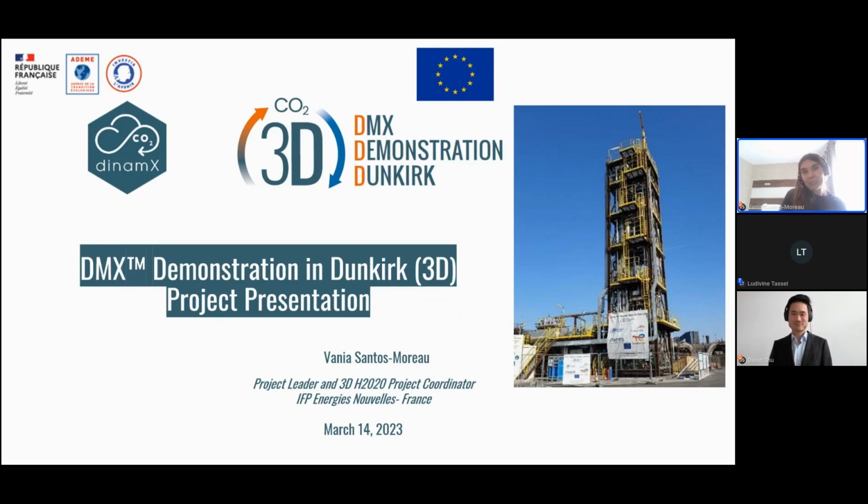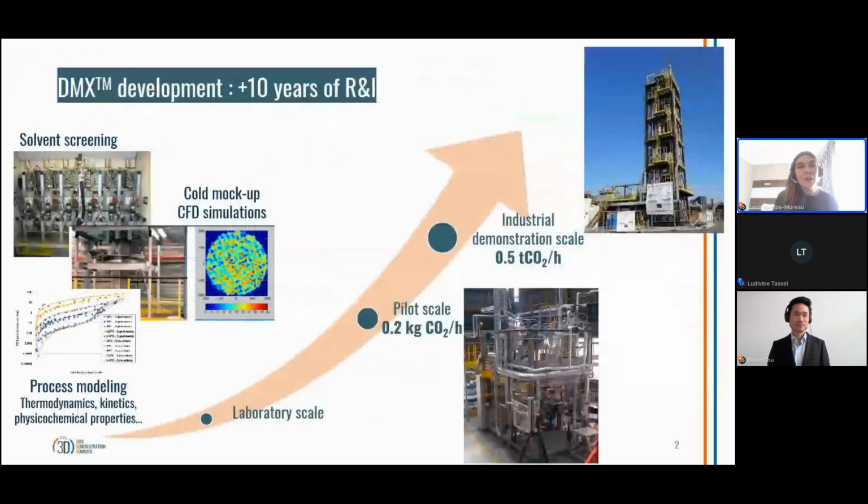So the 3D project is a project that was developed for more than 10 years. So the story of the DMX starts at IFP in Lyon and in Rueil, which is near Paris. And the first things happened more than 10 years ago, with the solvent screening, with some process modeling, and when with simulations of the process we developed, and we chose our solvent, we worked it at the lab scale,